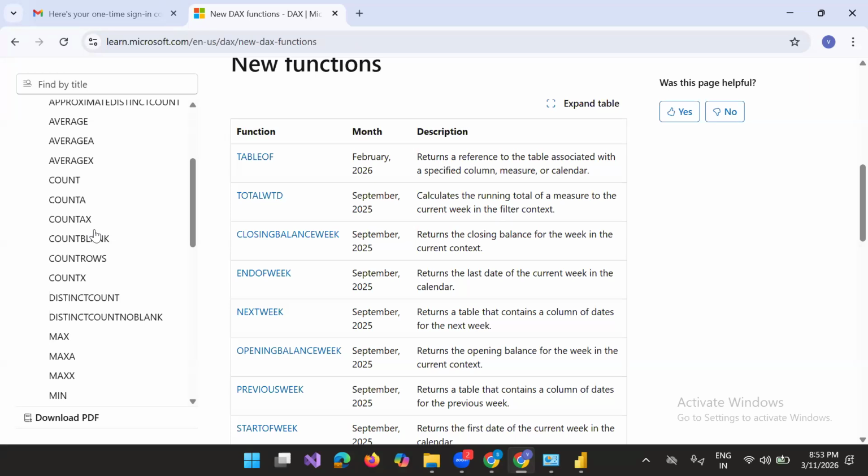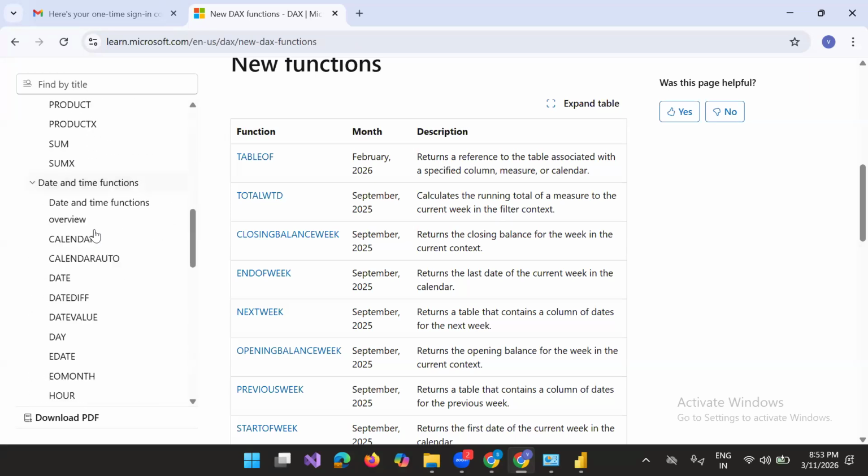Fifth row, count rows, distinct count, distinct count, no blank. Okay. Next,